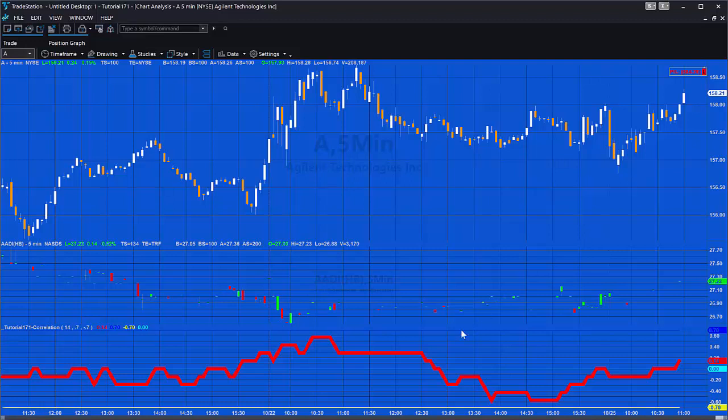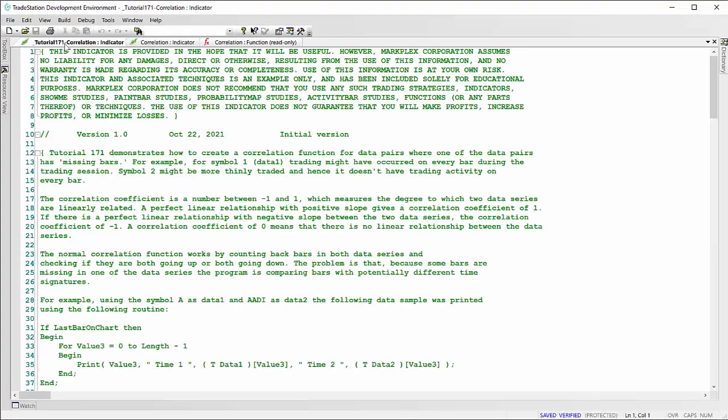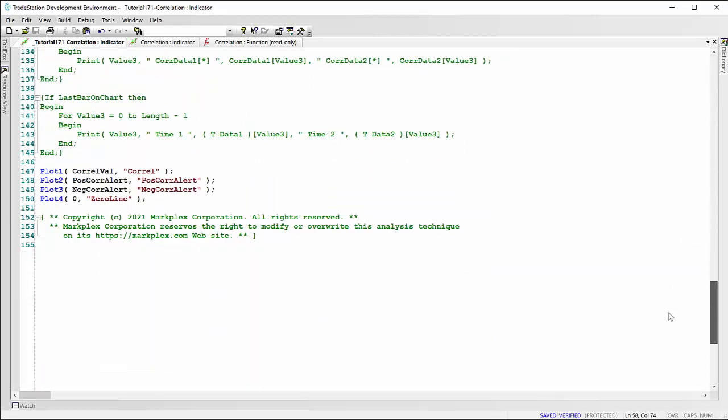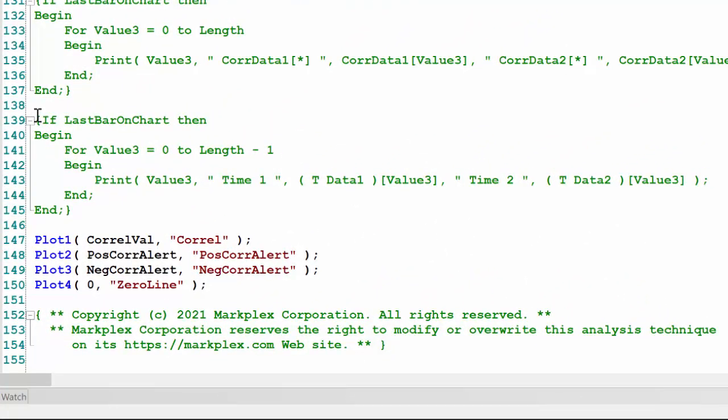So just to explain that, in the program that we're looking at today, which is going to be tutorial 171, I've added a little routine down here, which is currently commented out. What it does, very simply, is go through the data on the screen on the last bar, just so we don't get overrun by data, and it prints out the value of the time of data 1 and the time of data 2. So I'm just going to verify that,